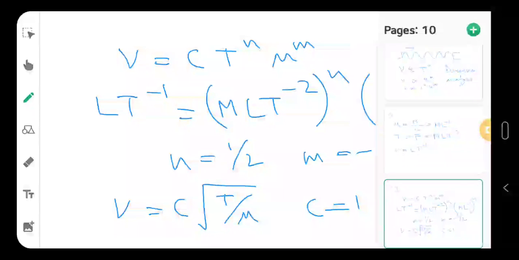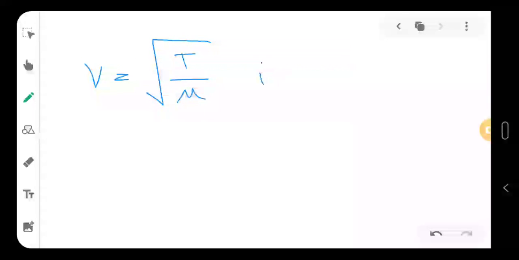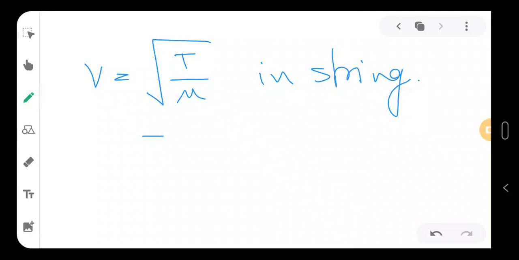So ultimately we will get a formula like this: the velocity is root over T by mu in a string, where T is the tension of the string and mu is the linear mass density, that means mass per unit length. In the same manner, if we talk about an air column,